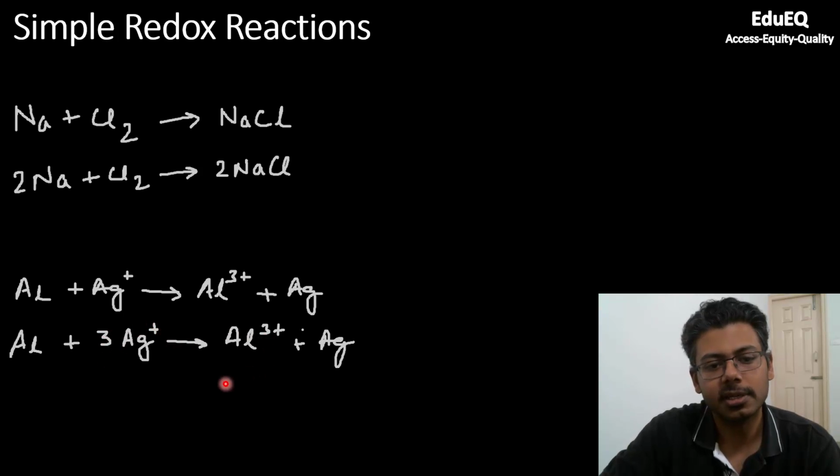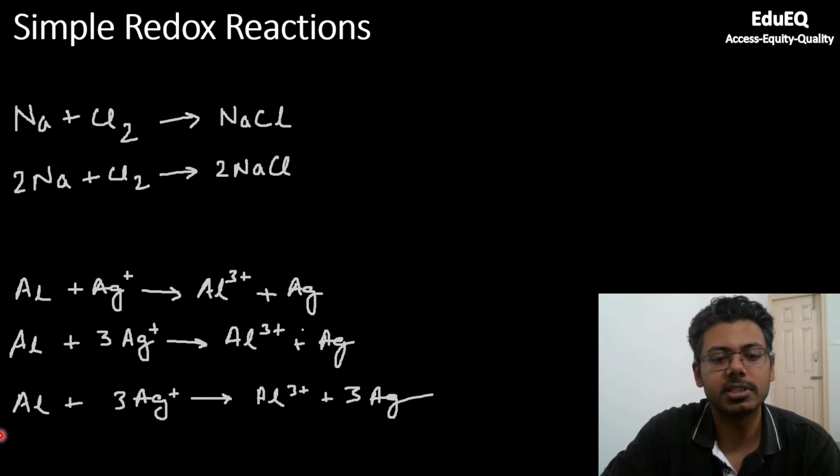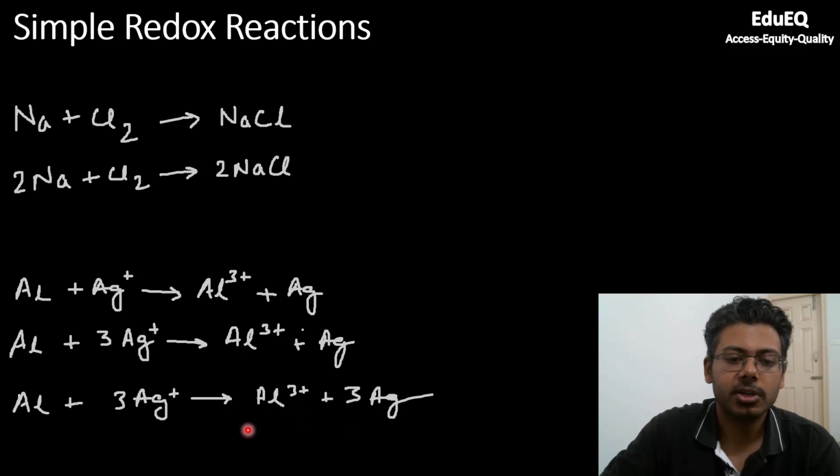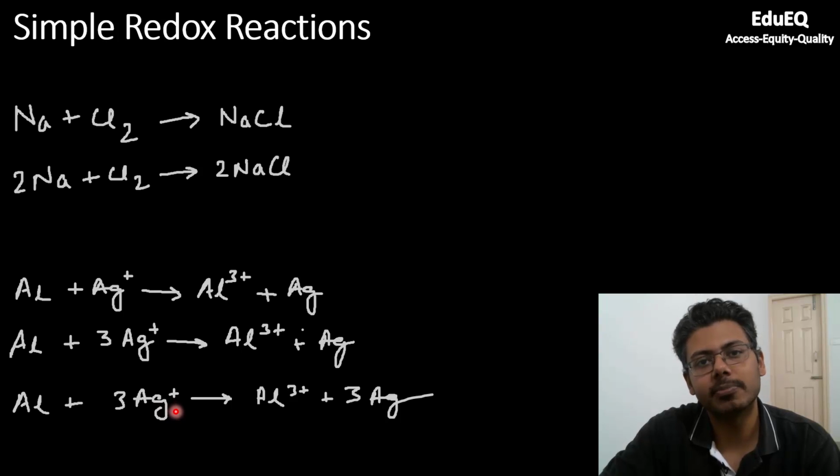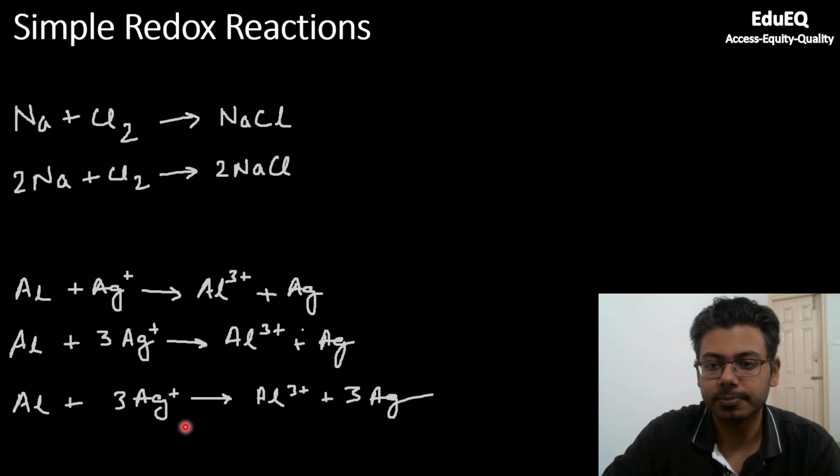But in this process, you have created an imbalance for silver. So you have 3 silver here, you don't have 3 silvers this side. So what you will do, you will multiply by 3 here also. Now this becomes a balanced equation. If you look at this overall equation, all the atoms are balanced. There is 1 aluminium on both sides, and there are 3 silver atoms on both sides, reactant side as well as product side, and the charge here is 3 plus, here also it is 3 plus, because each silver ion has plus 1 charge. There are 3 silver ions, so you will have plus 3 charge.